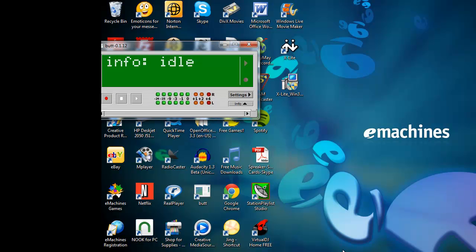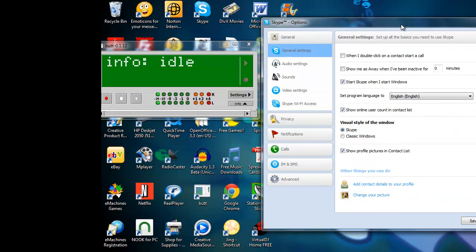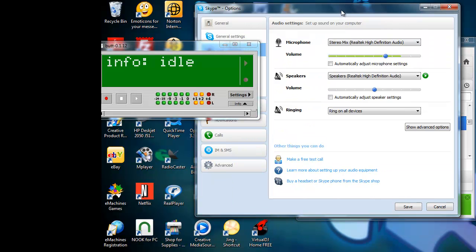Now, if you want to share news clips, then let's pull up Skype next, because you want to do a talk show. We're going to do the echo sound testing service. Now, since I'm using Skype, let's go to options. Again, we want to set it to stereo mix for the microphone, just like this is set to, and just like we have as our default. We want it to be stereo mix. As you can see, it's picking up my voice through the microphone, the condenser mic. And the speakers could be